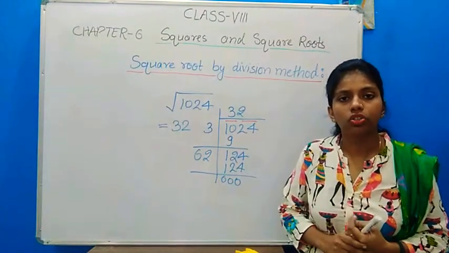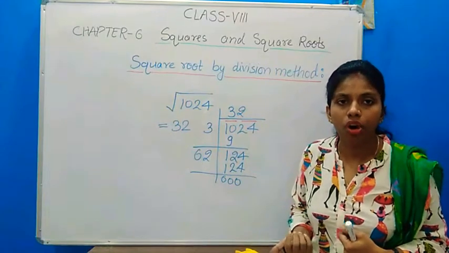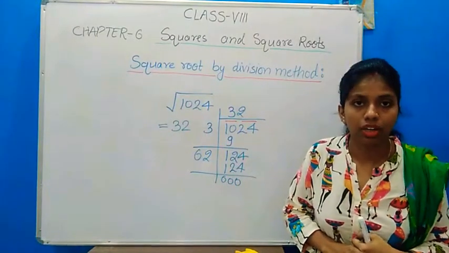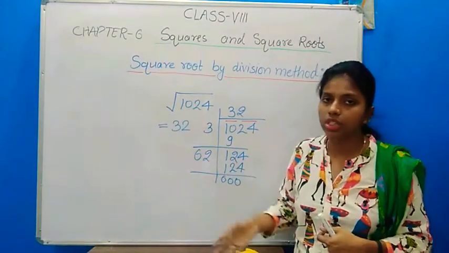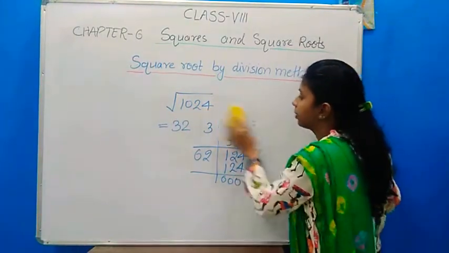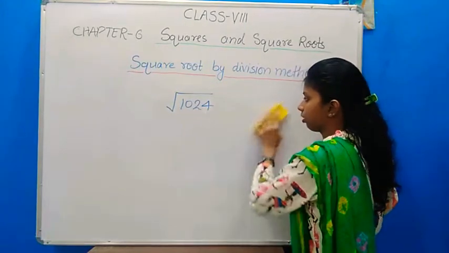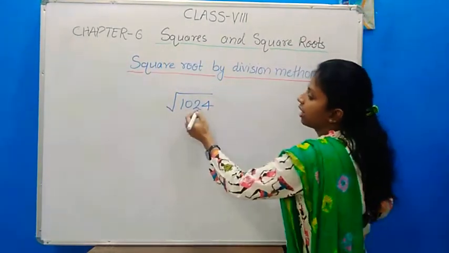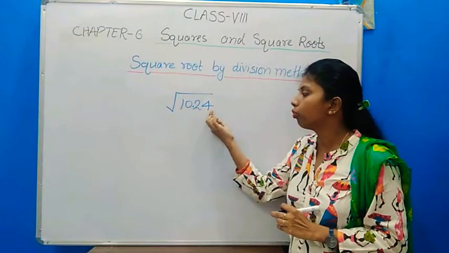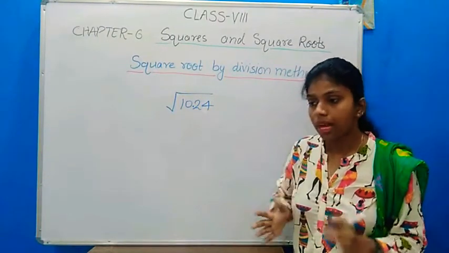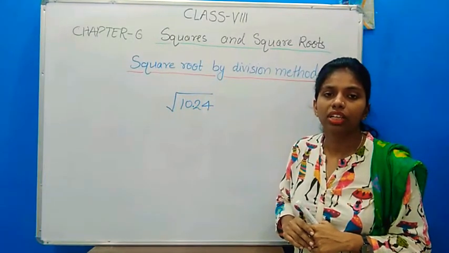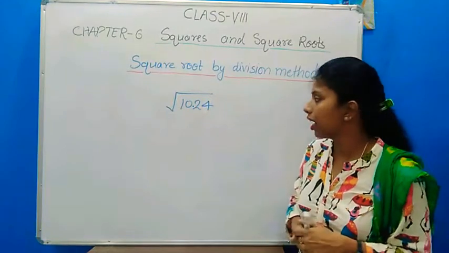Now we are going to solve another question with the help of another number which is in the form of a decimal. Suppose I am going to solve the same question, but in the form of a decimal. Suppose I have a number like 10.24. The whole method is the same, the only difference is how to make the bar over the number. How to put the bar over the number?